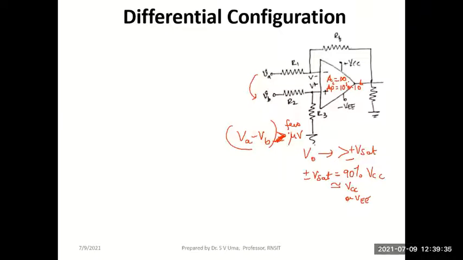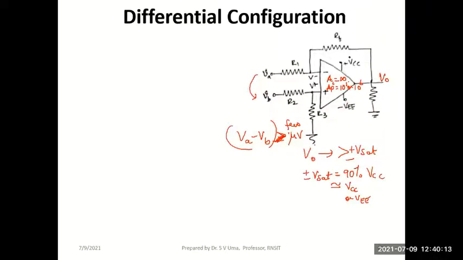Remember, these are the DC biasing voltages given for the op-amp to work correctly as an amplifier. So whatever job the op-amp is supposed to do, it will do its job only when we give the biasing power supplies properly. Okay, remember that. With the biasing power supplies given, they will put a limit on the maximum output voltage that is possible for an op-amp. The op-amp output voltage can never be greater than its biasing power supply. Is that clear? Please keep this in mind.